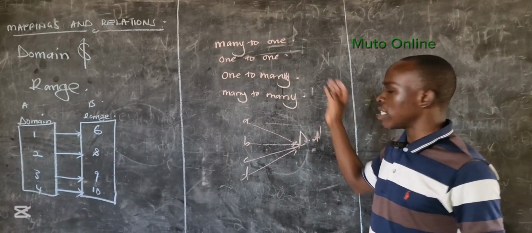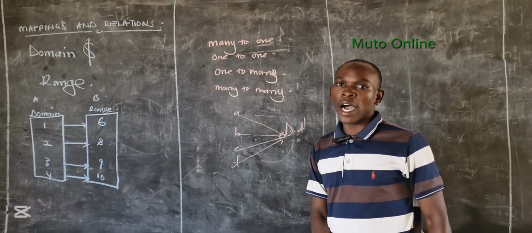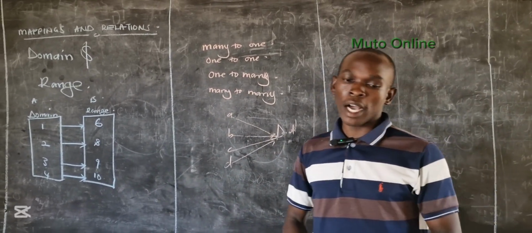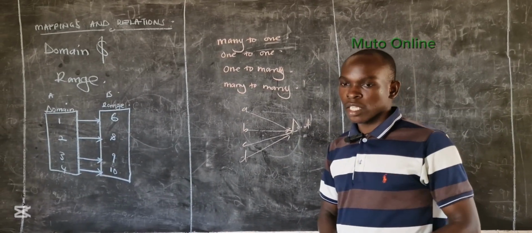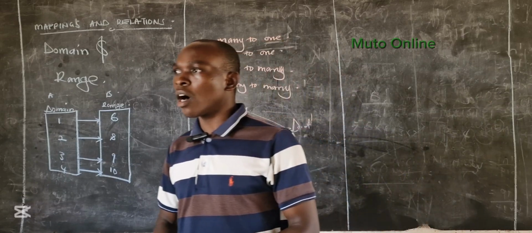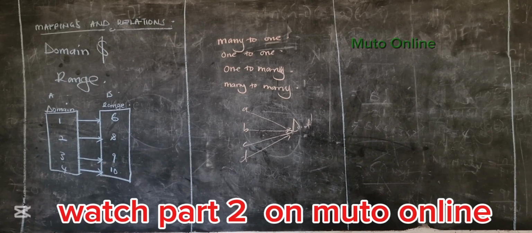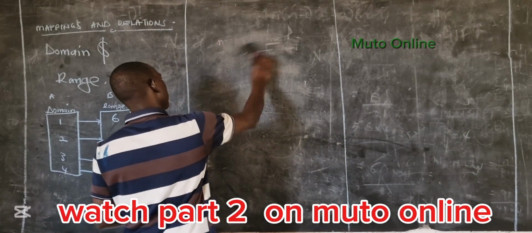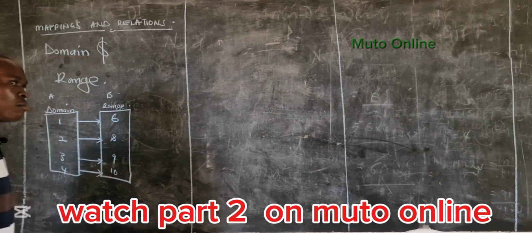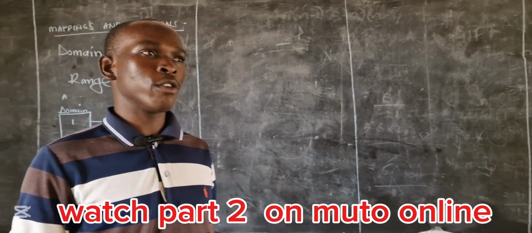Then for one to many, the reverse is true. One to many is when an element in the domain has more than one element in the range part. Then many to many is a type of mapping where more than one element in the domain still maps different elements in the range. Now, these mappings can be written in a function notation. When I talk of function notation,